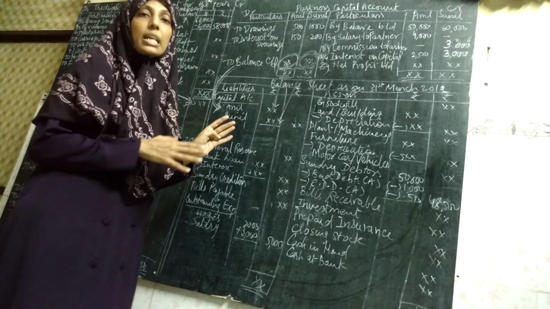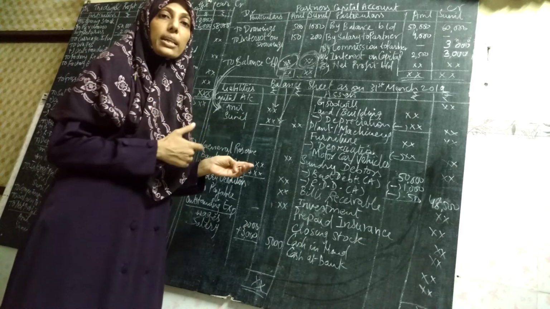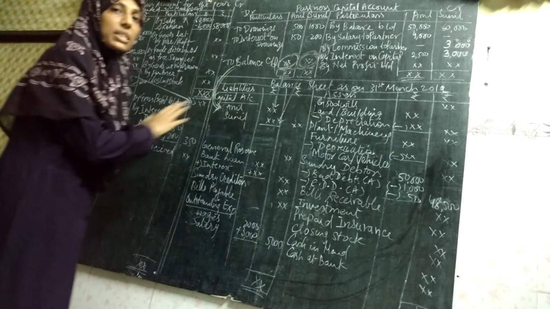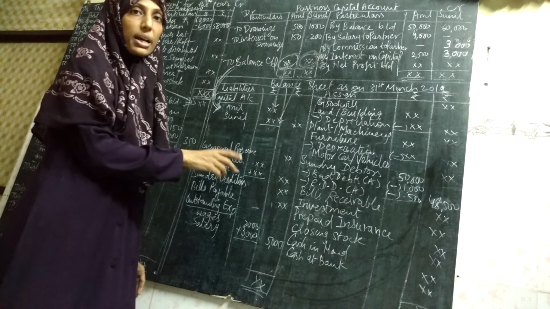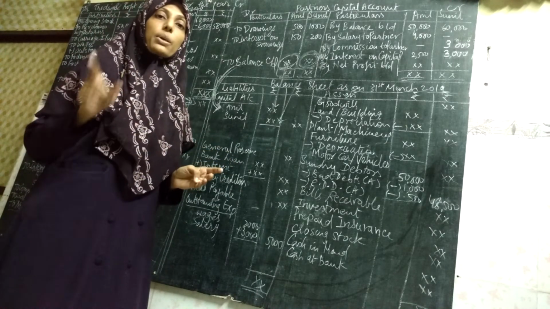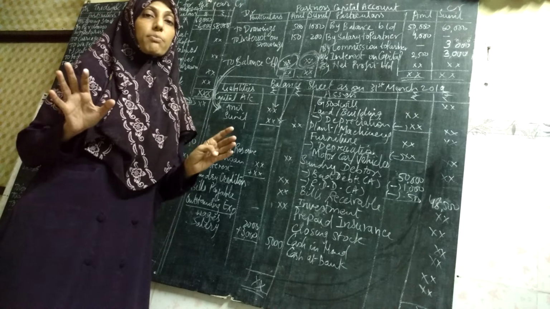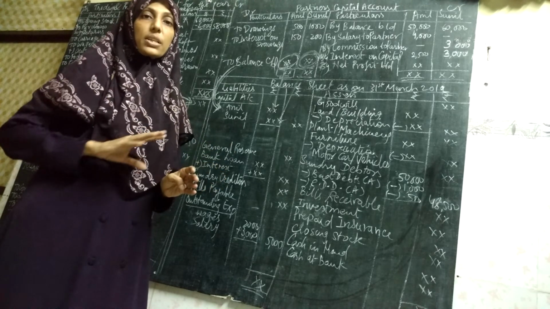Now I have also explained this along with the adjustment. Pay attention to this, repeat the video again and again, look at the adjustment, and simultaneously look at the trading account and profit and loss account to keep the adjustment in mind. Repeat the video again and again and perfect it. Get yourself perfect in this part of the chapter.